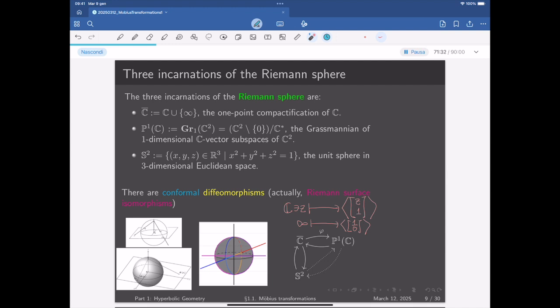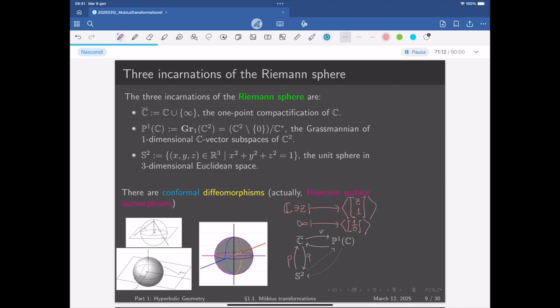And then there's only one vector subspace whose vectors have zero in the second entry. Yeah. So these are these two, and then these two are the stereographic projections, which I'm going to denote P